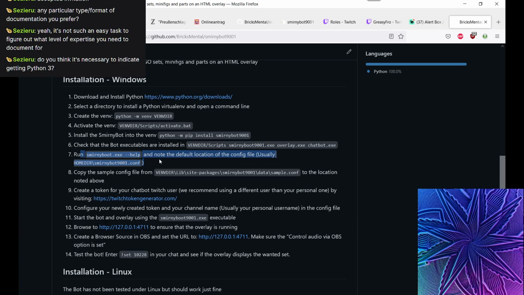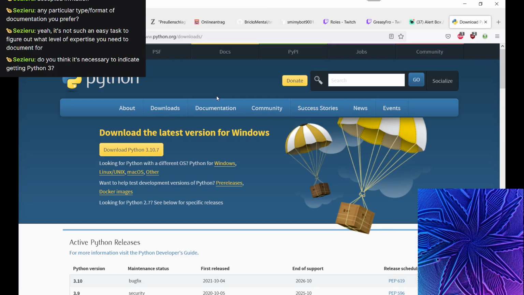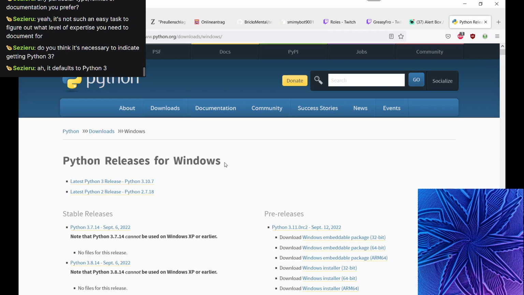That is of course something I don't even think about, getting anything else but Python 3. But I don't know what happens if you click on this link here. I hope that it would not be as easy to get Python 2 anyway. Ah, it's still downloadable, yeah.